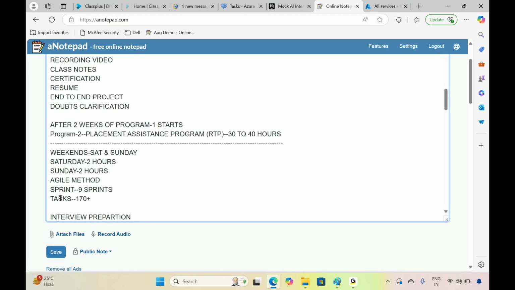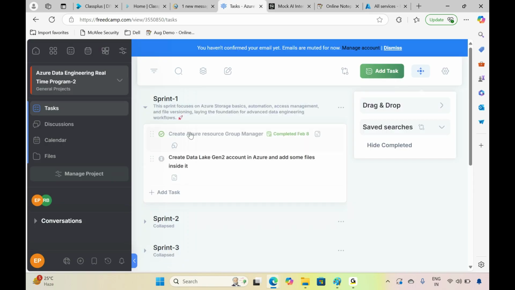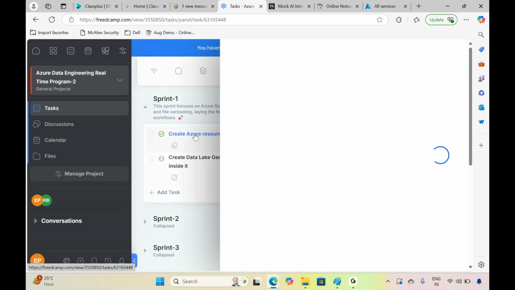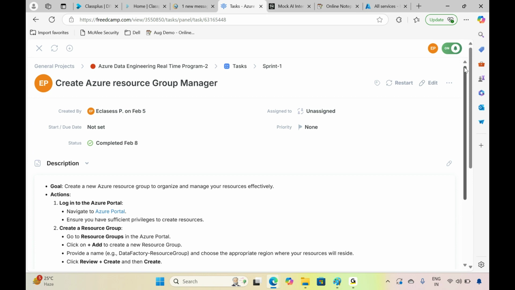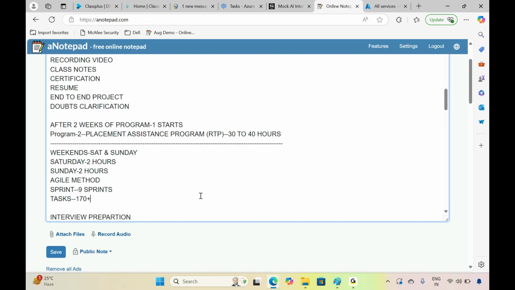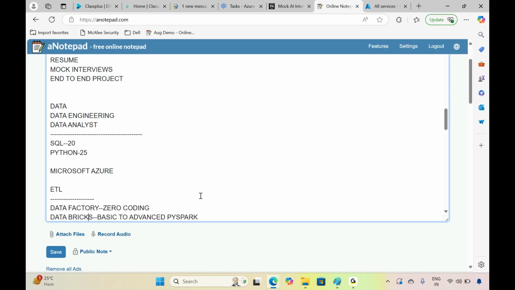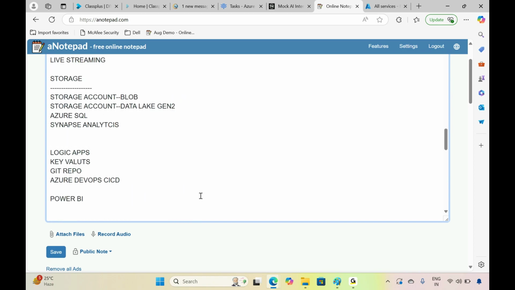You can compare with other mentors and other training institutions: what kind of services they are providing, what their roadmap is, whether they give completeness of the training, whether they provide this kind of sprint model, mock interviews, this kind of environment for the sprints, and this kind of work culture. Compare all those things, and then you can decide where you want to continue learning this course. Also, if you want to come and practice from morning to evening, you can come to our office and sit from 8 in the morning to 6 p.m. and practice there as well.